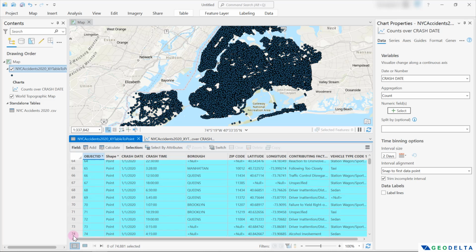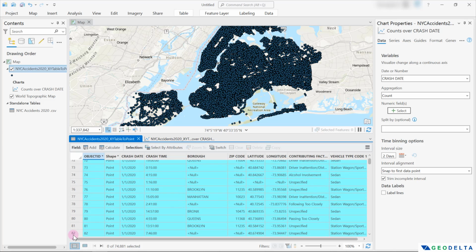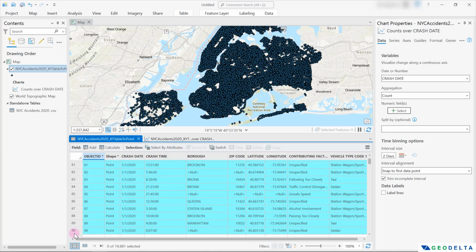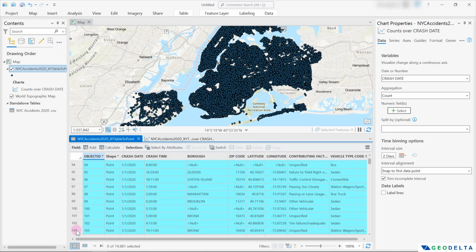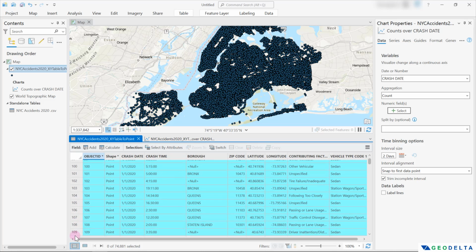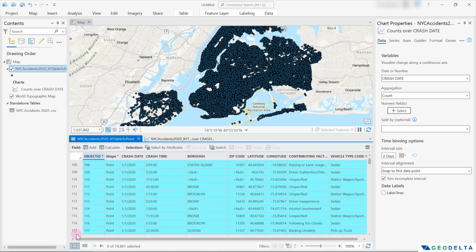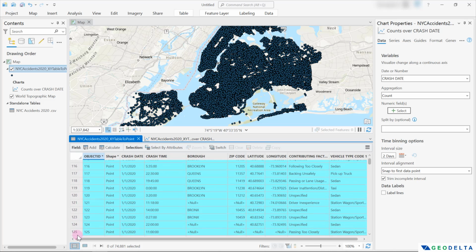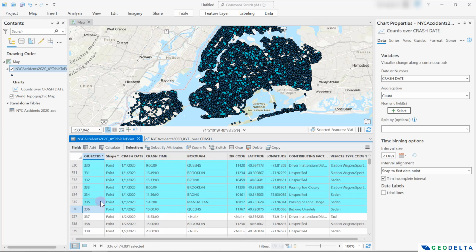What I'm trying to do is scroll down manually until I get to 2nd January, just so that I could isolate all the records of 1st of January. There are easier ways of doing this, but I'm doing this manually just for the sake of showing you guys. Well, 336 is the number of crashes that happened on the 1st of January of year 2020 in